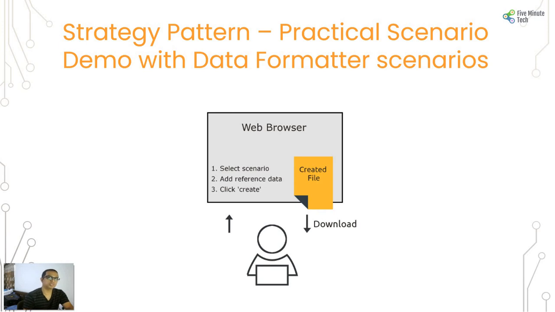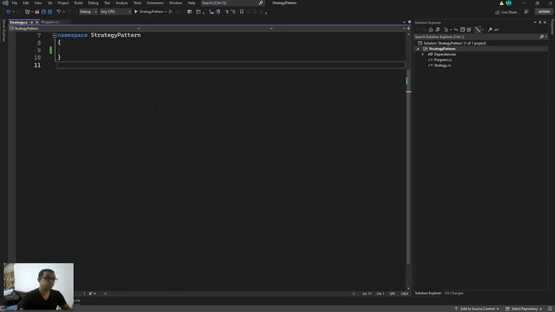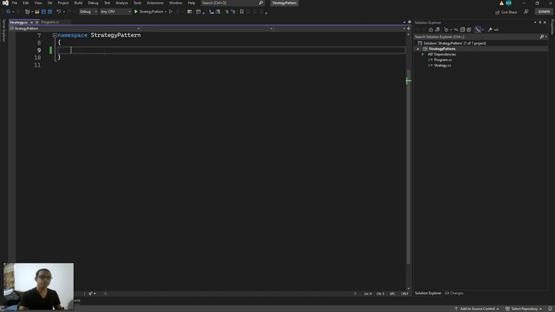So now let's get into the demo part, wherein I'll show you an example of a data formatter, wherein I will use the CSV, JSON or XML formatter at runtime from the client call itself. So here we are in Visual Studio right now. To begin with, I have already created a console application, and it has one specific class which is Strategy. I just named it that for lack of a better class name, and here I will create an interface, public interface